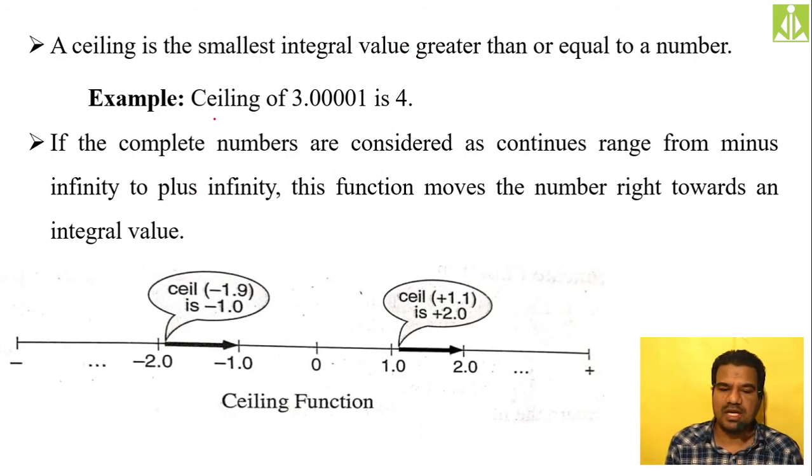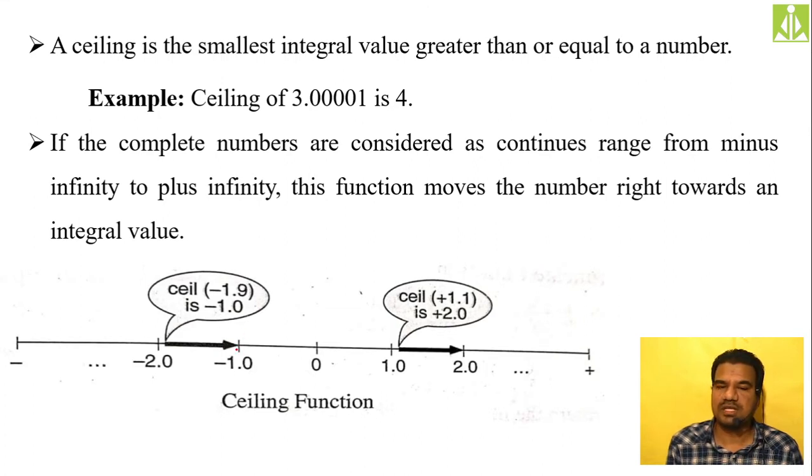So if we take 3.0001, we are getting 4. Similarly, if you take 1.1, again it will go to 2. And if you take 1.9, it will make it 2. See, always like this, always in the right hand direction, the value will move. Whatever value from 0 to 2 you take in between, it will always move to the right hand direction and give the perfect figure from this number.